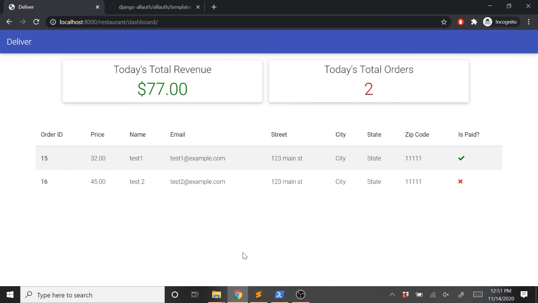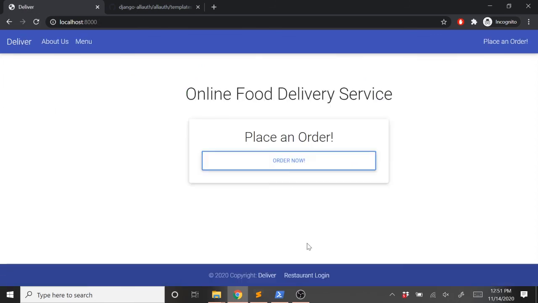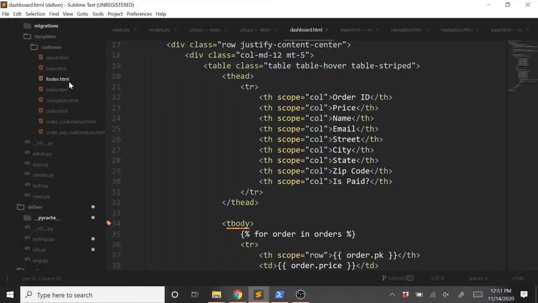The last thing we're going to change here is on our home screen, our index page, we have a restaurant login link here, and this one goes nowhere right now. So let's link that to the dashboard, and then if they're not logged in, it'll just redirect them to the login page anyway. So to do that, we'll jump back into our text editor,